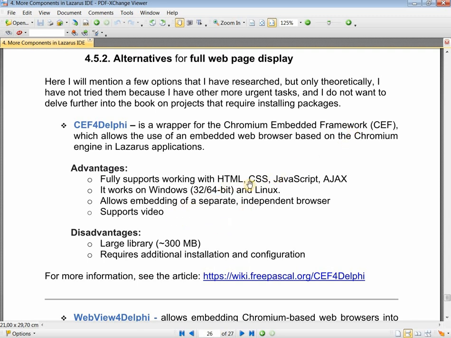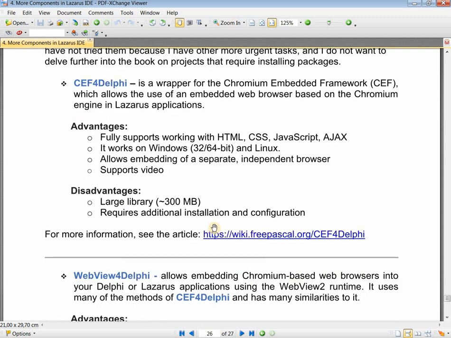Supports working with HTML, CSS, JavaScript, AJAX. Works on Windows 32/64-bit, on Linux. Allows embedding of a separate browser, supports video, disadvantages: large library, and requires additional installation and configuration.